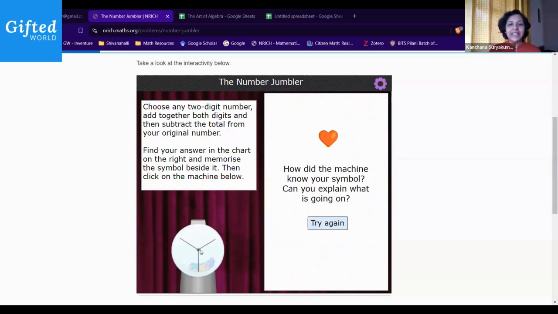But thank you, Atiksh. I'd like you to be a little patient with me in terms of giving people time to figure out what's happening. Janani, if you could just message the link to all of them. I'd like you all to go to the link that Janani is messaging you on the chat. Each of you, please try this out and see what is happening. Is the machine able to guess your number each time? Try it out a couple of times. And once you do, I'd like you to think about what is happening and send me your ideas on chat.